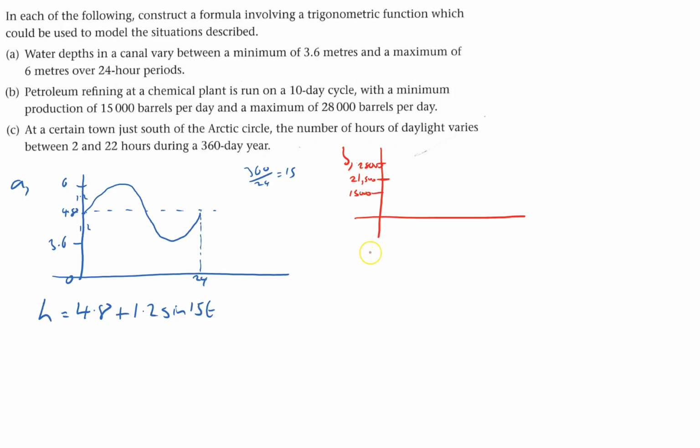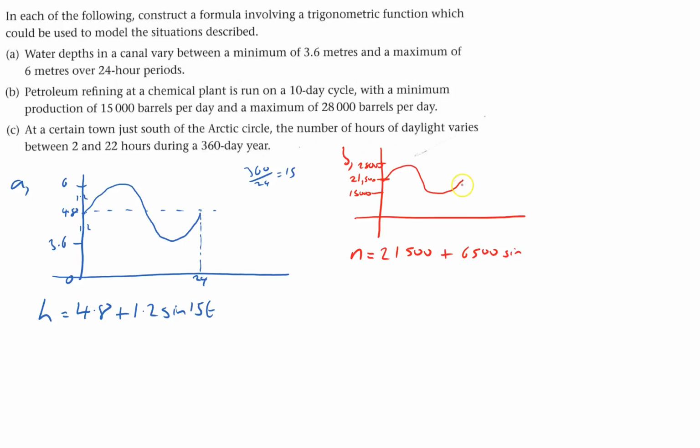So now we've got the barrels per day. I'm going to call it N for the barrels. N equals, it's going to start here, it's going to cycle again through like so, and so N is going to be 21,500, because that's the middle, plus, and it goes up here by 6,500, so it'll be 6,500 sine,